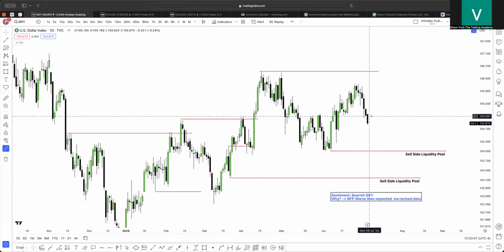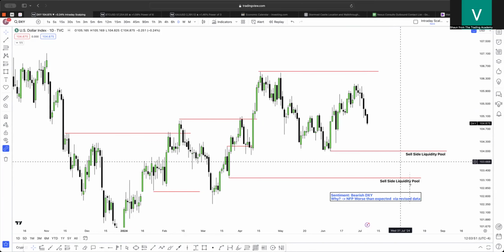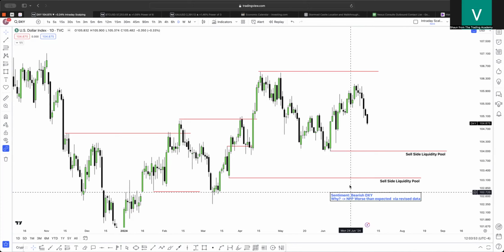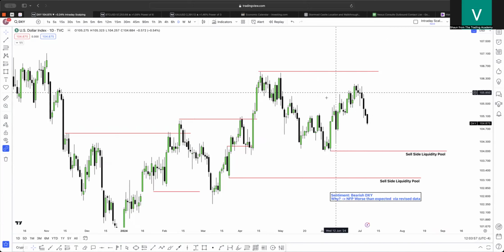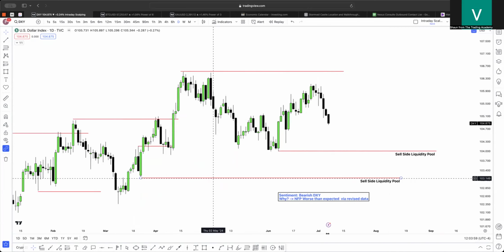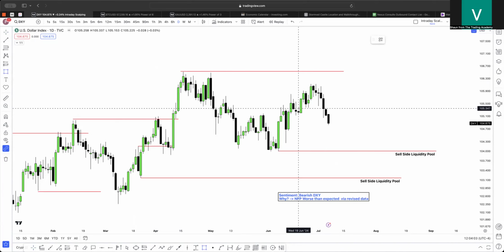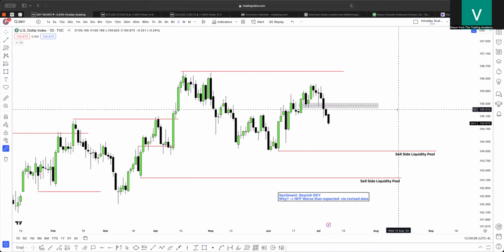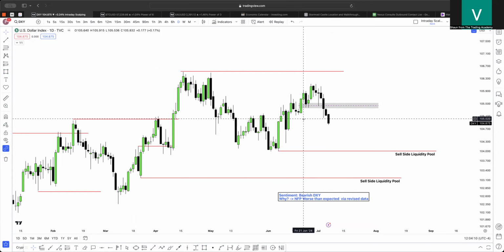How are we going to come here? Biggest question. How are we going to come here? Well, now we can see this is the daily chart. So on the daily chart, if you take a look at one time frame higher, and before we go to the 4 hour, we can see that this right here is an inversion fair value gap. Okay, that's an inversion fair value gap.